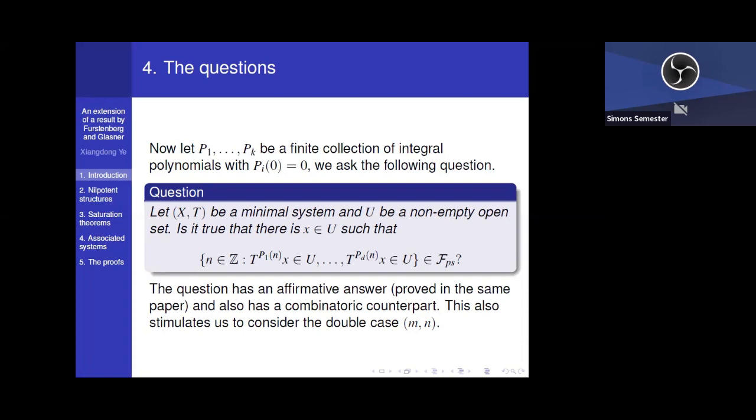So the question also has an affirmative answer. We proved it in the same paper, and it also has a combinatorial counterpart, but not so nice. I didn't state it here, but this stimulated us to consider the double case for M and N. So then we found,